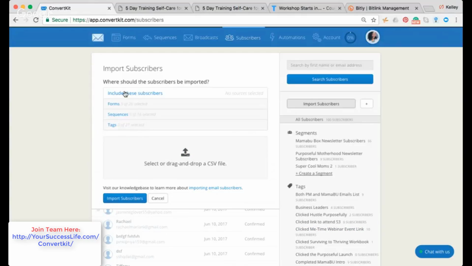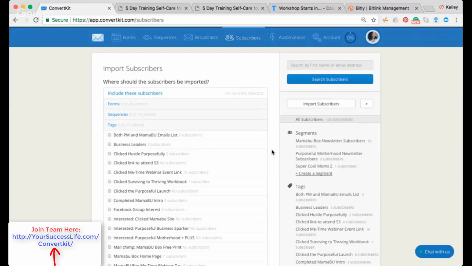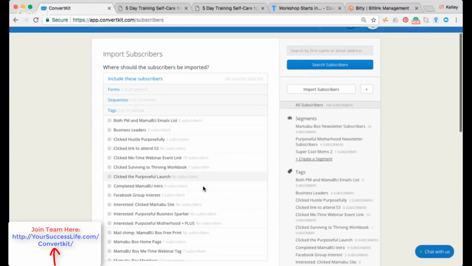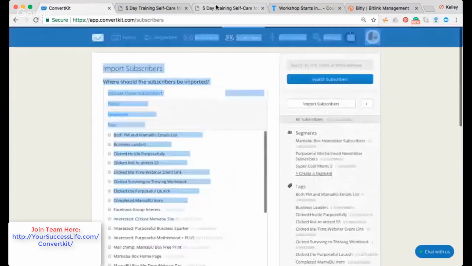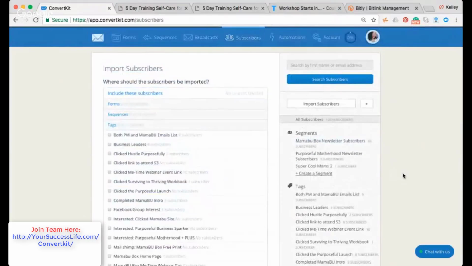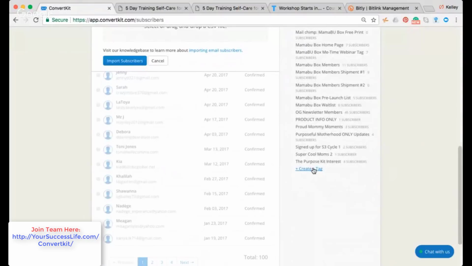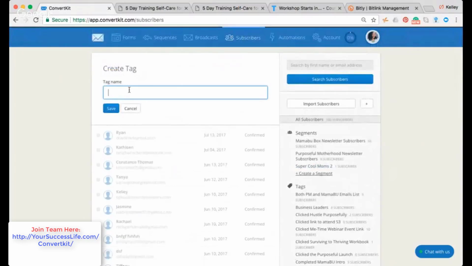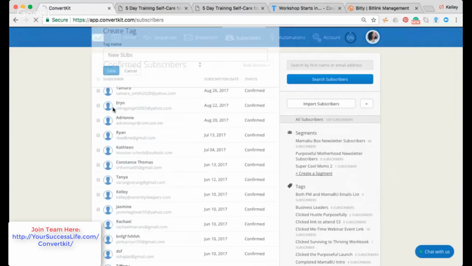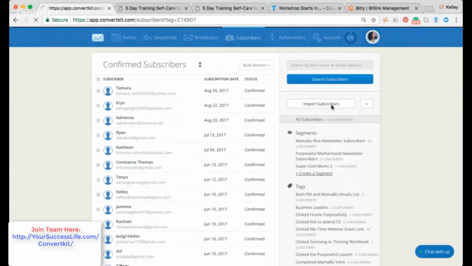Also, I should mention the really great thing about this is that once you're bringing those over, you can already segment them into their own list. The easiest way to do that is with a tag. Before you even go through importing, you're just going to want to come over and create a tag, and you can just say new subs and save that. And then once you click import,